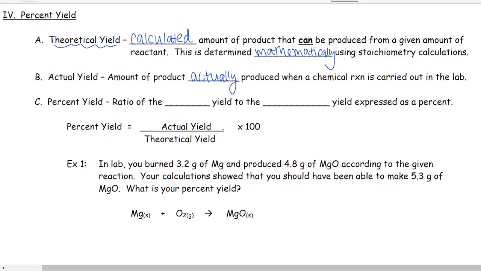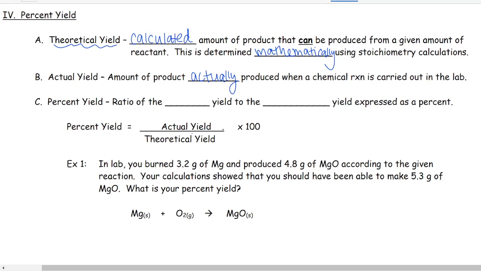What's the difference between theoretical and actual? Theoretical means that you calculated it mathematically. So you used stoichiometry to calculate how much of something you should have been able to produce. And then actual is what truly happens, like in real life. Will the theoretical one ever match up to the actual one? No, that's why we have what we call percent yield, which is the ratio of the two things. Hardly ever will it end up being